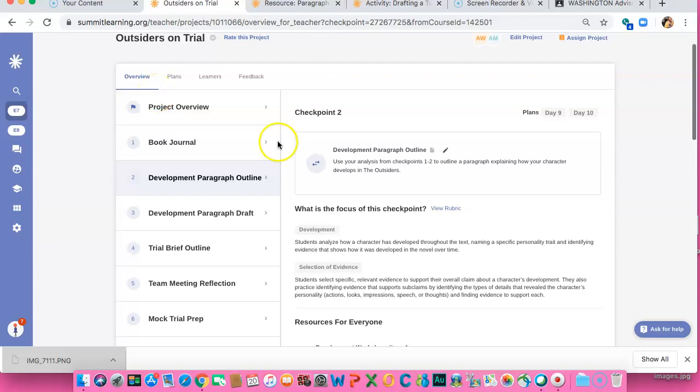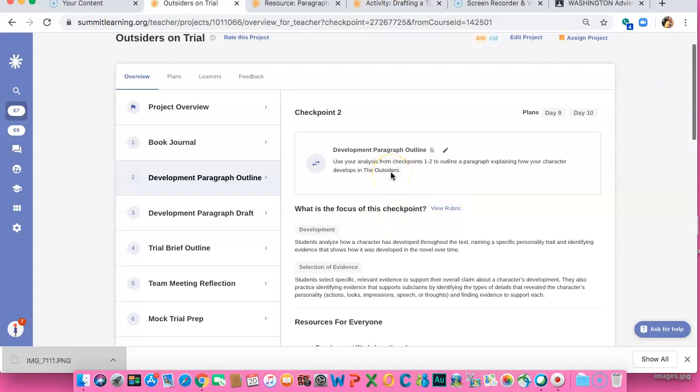So I know earlier we talked about checkpoint 1, what to be expected in a book journal, and explained a little bit about what development is. Now it's time for us to put it all together and move on to checkpoint 2. The assignment's really simple. It's the development paragraph outline. The directions say to use your analysis from checkpoints 1 and 2 to outline a paragraph explaining how your character